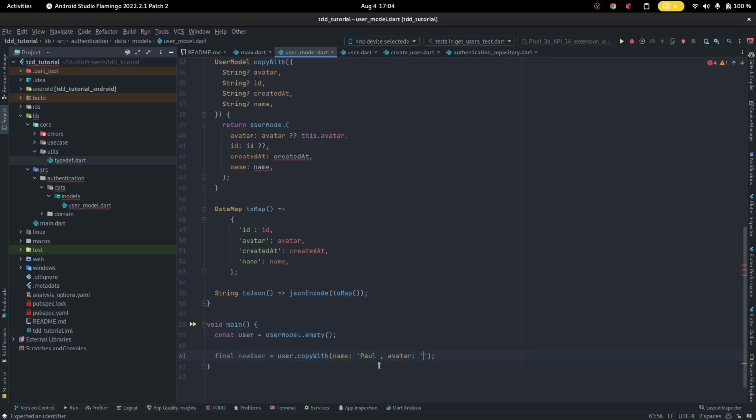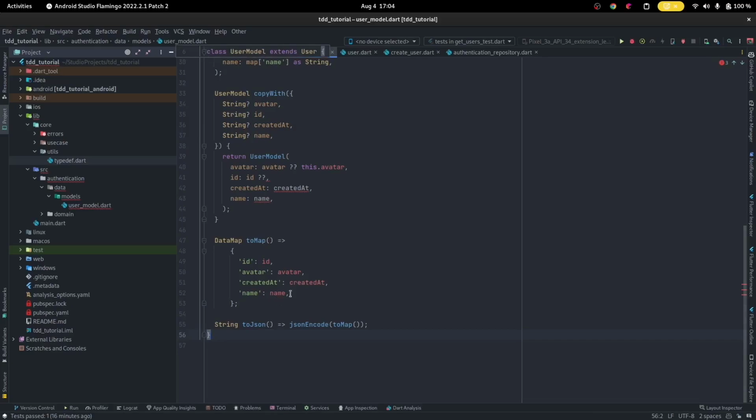So with the new avatar as well. This is essentially what we're going to be doing when we want to create new versions of our stuff, right? So if the ID is empty, use this.id. We're going to do the same thing with createdAt. We use this.createdAt,